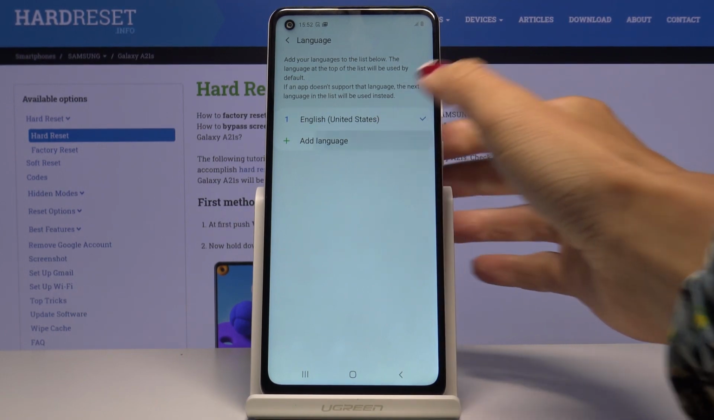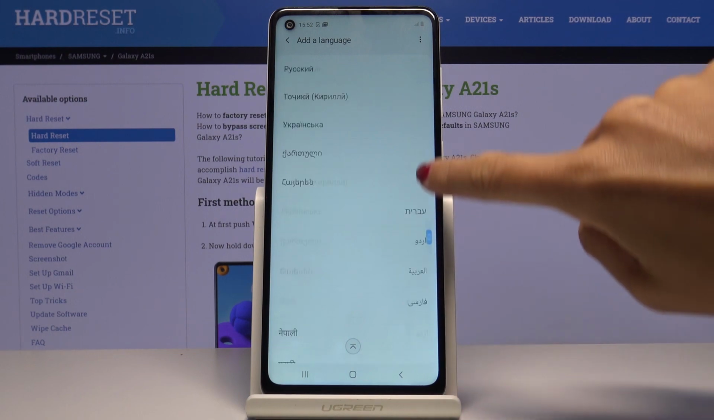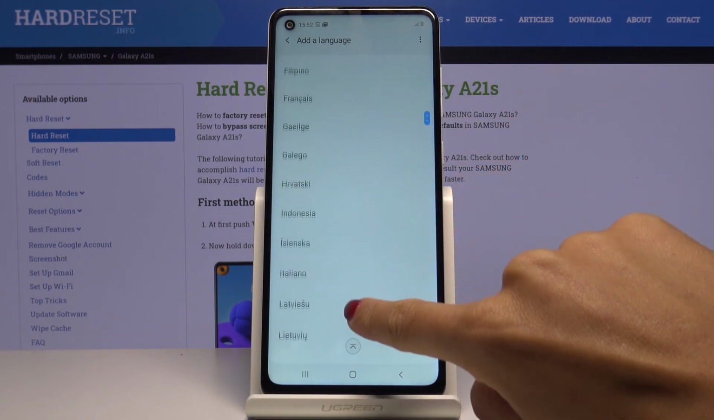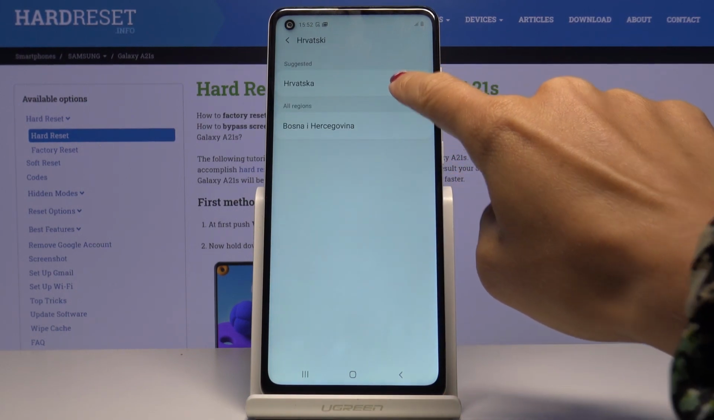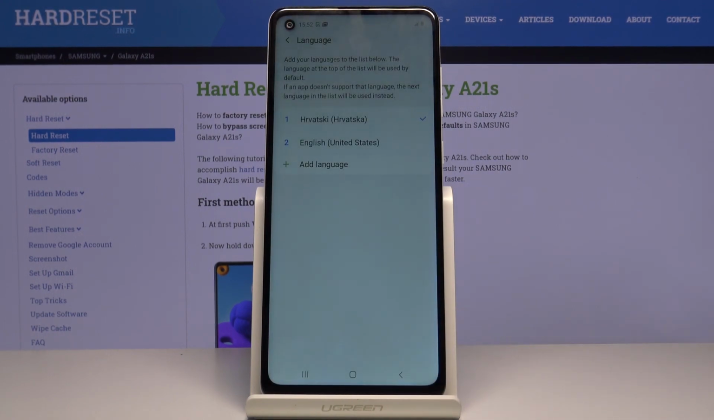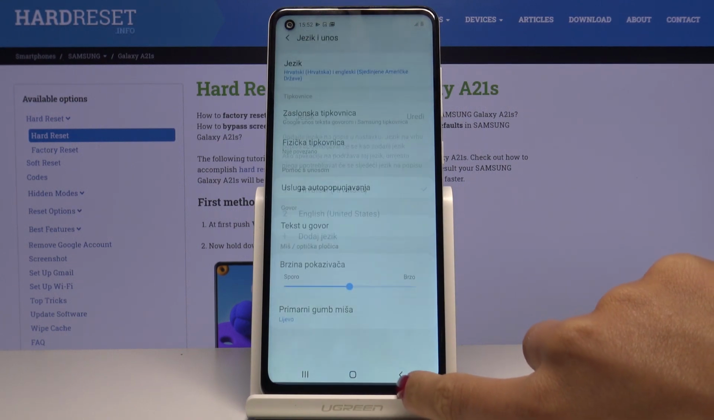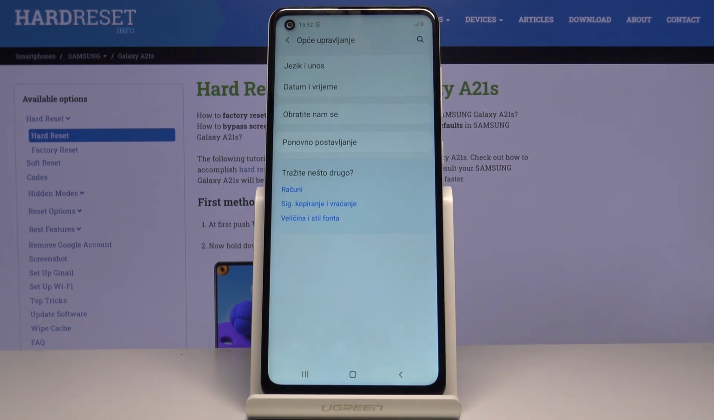If you'd like to change it, click on Add Language, and here you've got the whole list of languages, so you can apply whichever you want to. Let me pick Croatian, then select the region, and if you would like to set it as default, just mark it. And that's it. As you can see now, Croatian is default language, so you can smoothly use your device in